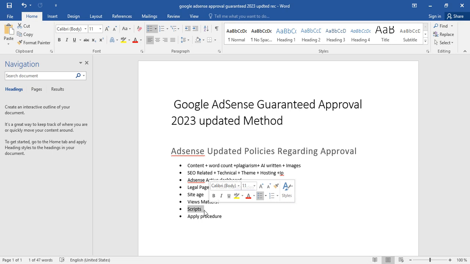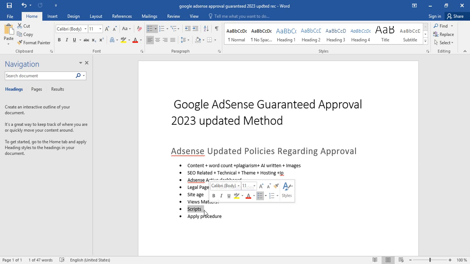So if someone has a magic trick, if someone has a script for the approval process, if someone has a script that can guarantee approval, why don't they get approval and sell the approved sites? No, they don't. They don't have anything. They just have a theme someone else copied and give it to you to paste on your website and apply for AdSense. And you know why Google AdSense approval is nowadays difficult? Because of these things, because of these shortcuts. And I just mentioned it in the beginning.